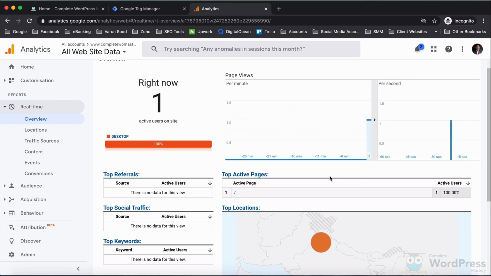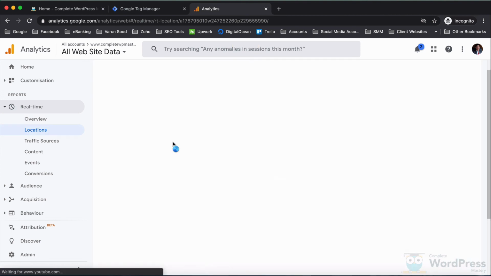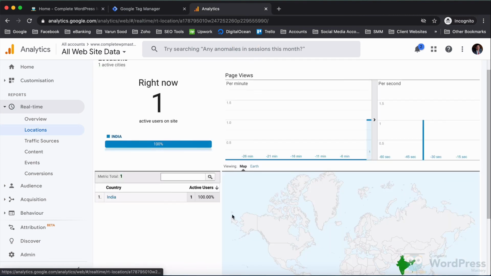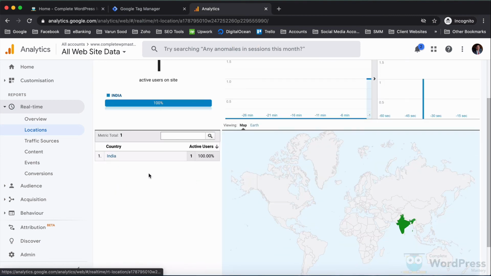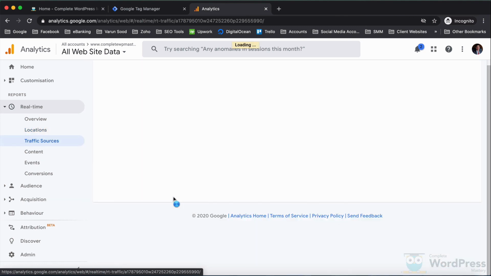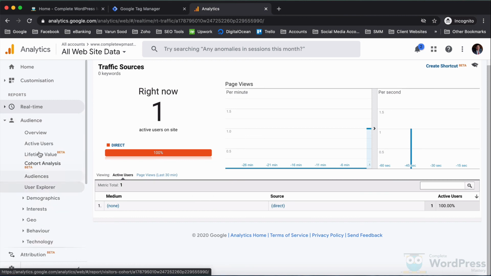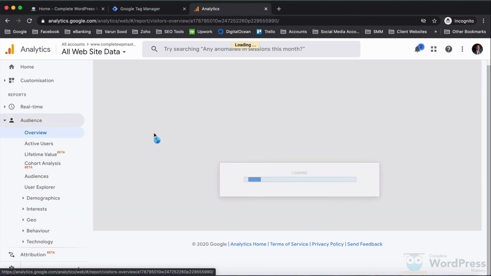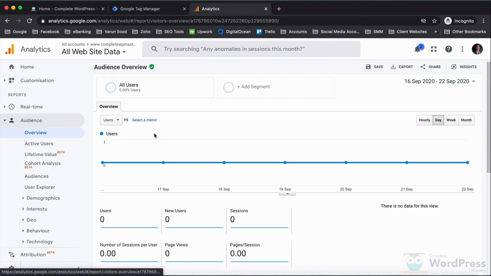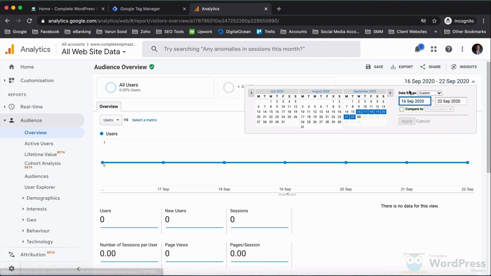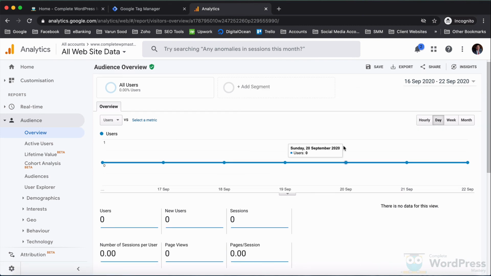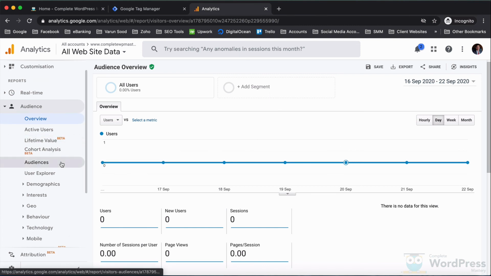You can monitor various parameters like the location of users browsing through your website, the traffic source from where the users came to your website, and so on. You can filter data by dates and do a lot more interesting and helpful stuff.